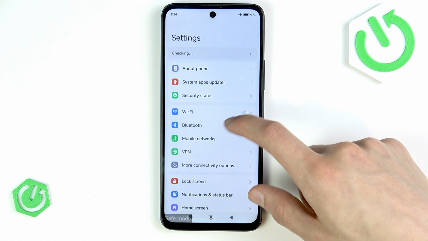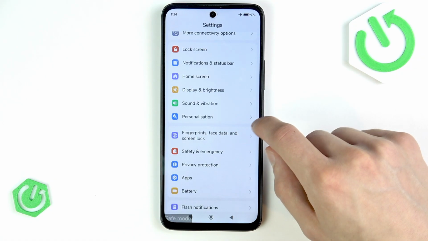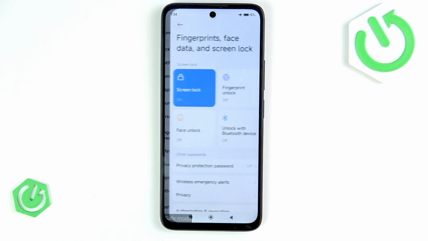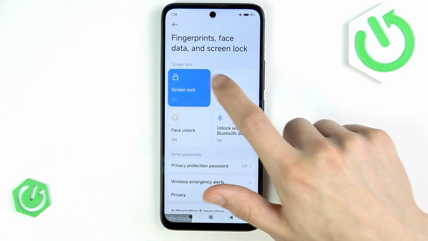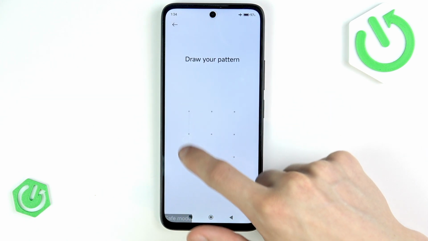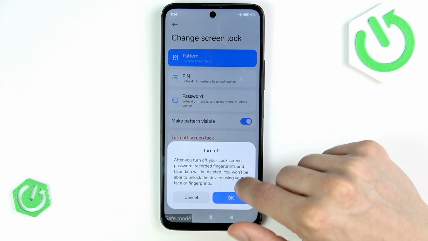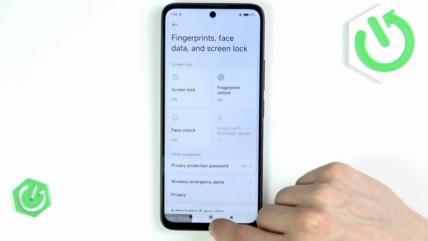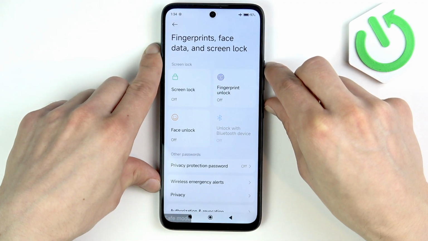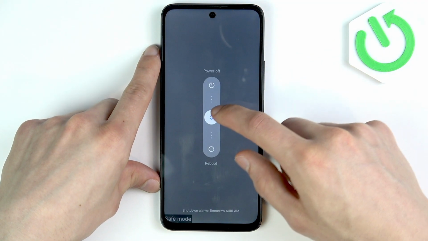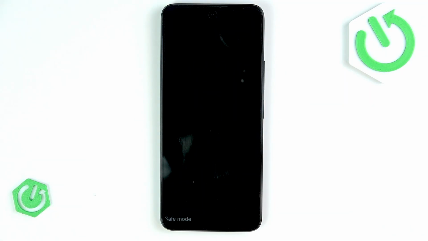wait until the settings screen loads, then go to fingerprints, face data and screen lock, select the screen lock, enter your pattern once again, and then select turn off screen lock, okay, and then normally restart your phone by holding down volume up key and the power button, select reboot, and this way you will regain the full access to